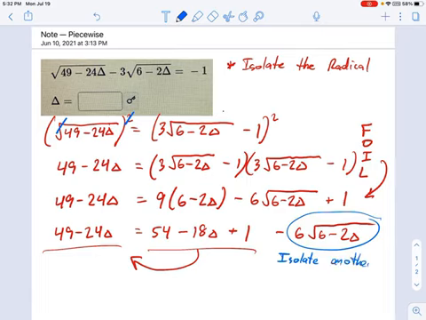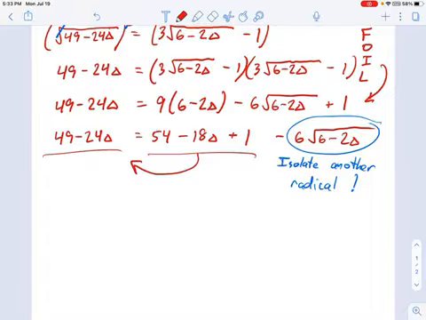Okay, another radical sign. And we're going to keep on isolating radicals until we're done. In this case, this should be the last step of isolating. So, what do we have? Well, I like to look at how many deltas I'm talking about here. This is -6 delta, right? It was -24 plus 18. And I've got a total of 55, right? 54 plus 1 is 55. And if I move that over to the other side, it's going to give me -6. So -6 minus 6 delta equals -6 times 6 minus 2 delta.